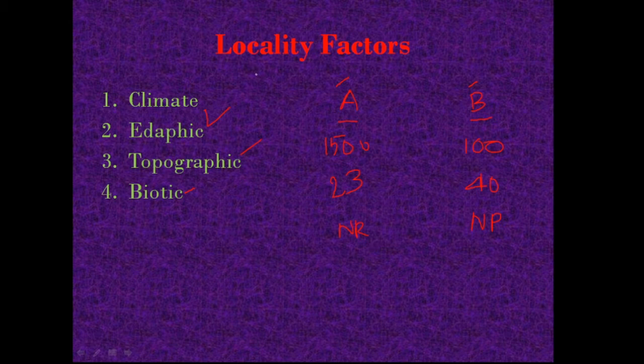So, now what are locality factors then? It means the effective climatic, edaphic, topographic and biotic factors which influence the vegetation of that area are called locality factors. In simple words, the climatic, edaphic, topographic and biotic factors prevailing in an area which determine which type of vegetation is present in that area are known as locality factors. Alright. So, we will be seeing them one by one.